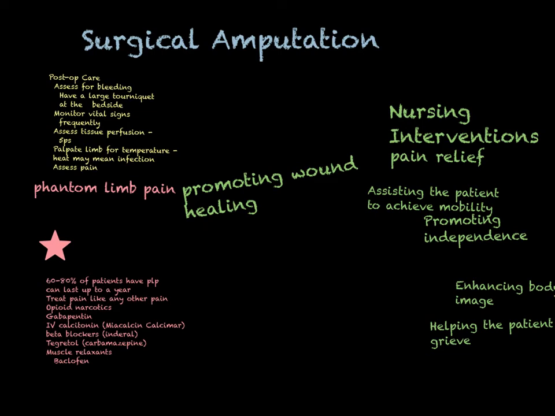They need to know to look at that wound and look for bleeding, look for drainage, all of the things that I just told you to look for. Some people can use a mirror to see the stump if it's in a position where it's maybe difficult to visualize the incisional area. People have used their cell phones to take pictures of it so that they can see it. And the advantage of using the cell phone is that if they have a question or a problem, they can text that image to their doctor and the doctor can sort of see it remotely. So that is something that I did see people doing, again, when I was doing the research for this unit.